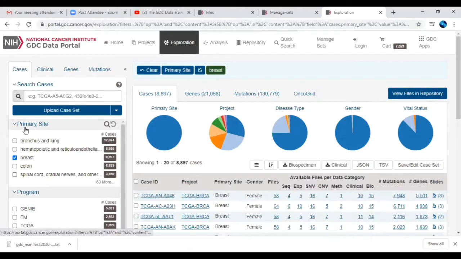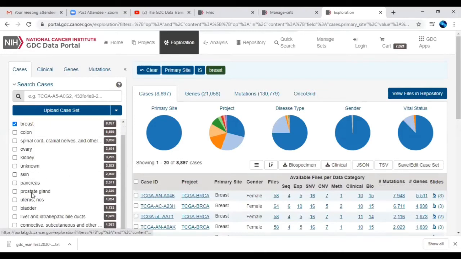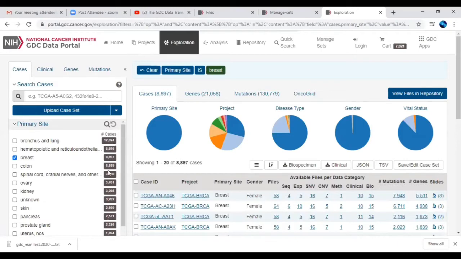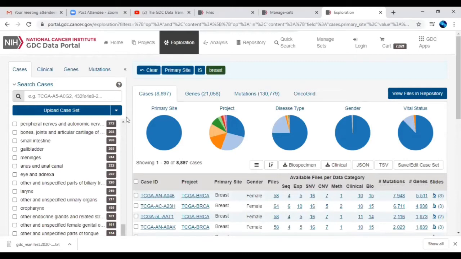I have selected in these filters; you can see you can directly move towards a different cancer type by clicking, and you can directly see how many cases are available here itself. Or you can upload your cases of interest over here also, if you are using a different database with respect to your study.